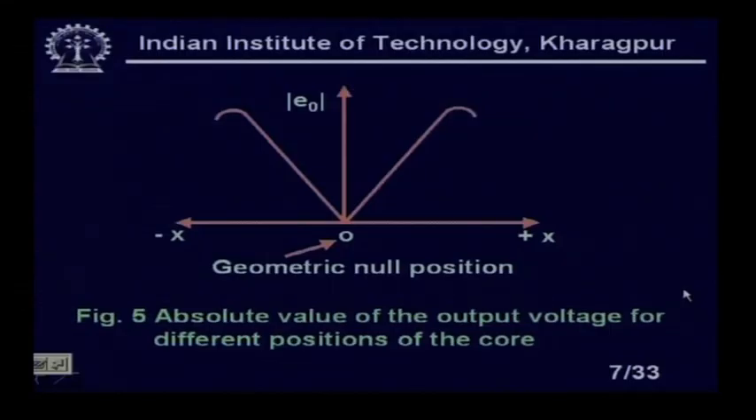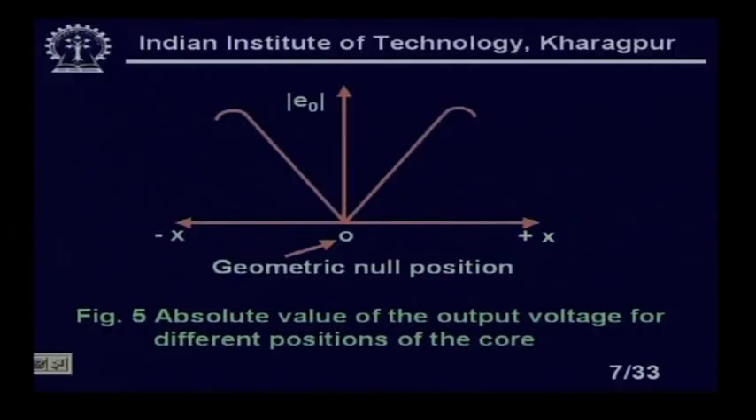Now, we have taken the magnitude of the output voltage. That is the reason we have written here E naught mod, the absolute value of the output voltage. Now, I change the position of the core and measure the output voltage. For x equal to 1 centimeter, what is the output voltage I have plotted? Then for x equal to 2 centimeter, what is the output voltage I have taken? For x equal to 3 centimeter, what are the output voltages I have taken? And these voltages I have plotted like this,